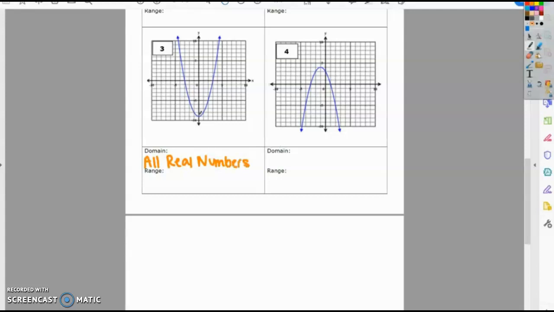The range, we look at our vertex, and we know it's going to be y. The y of our vertex is going to be -1, 2, 3, 4, 5, 6, 7, 8, 9. So -9. Now this is a minimum value. So all of our y values are above that -9, which means they're greater than -9. So y is greater than or equal